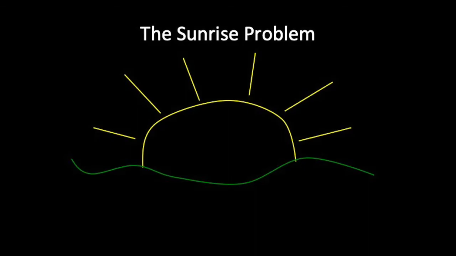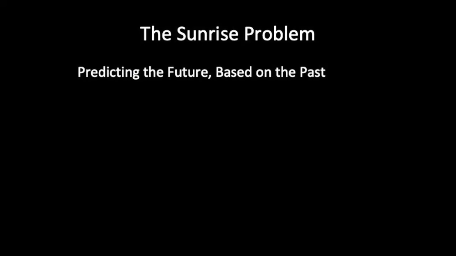The sunrise problem. Techniques for reliably predicting the future remain elusive. The sunrise equations were developed more than 2 centuries ago to quantify the limits of how much can be known about the next binary event in a series. Predicting the future based on the past. The sunrise problem stems from the ancient question, what are the odds that the sun will rise tomorrow? It has come to mean estimating the probability or certainty of future observations based on the number of past observations.